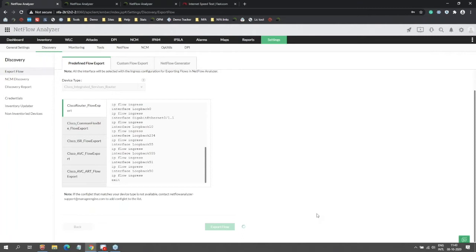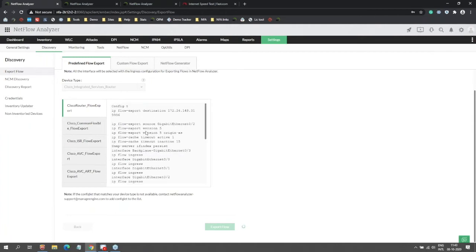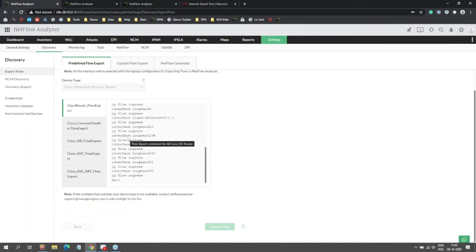We will now communicate with the device, run these commands on the device, and we will show you the output as to whether it is added or not. So this is going to save you a lot of time and manual labor, because imagine writing all of these lines for all your devices. It's going to take up a lot of time. So you can simply use this method in order to export the flows to your device.